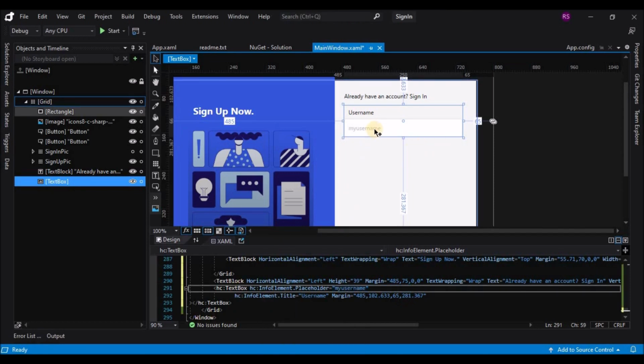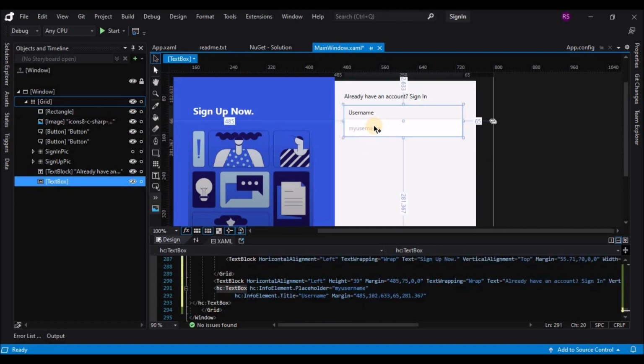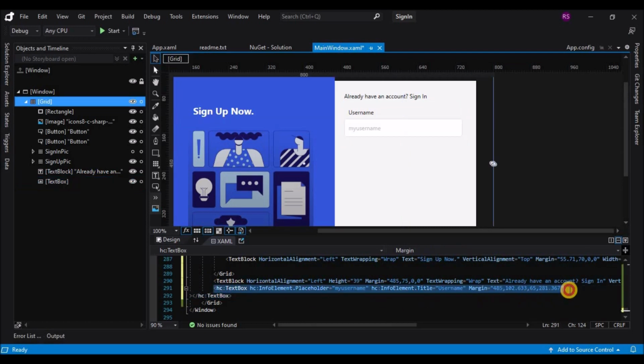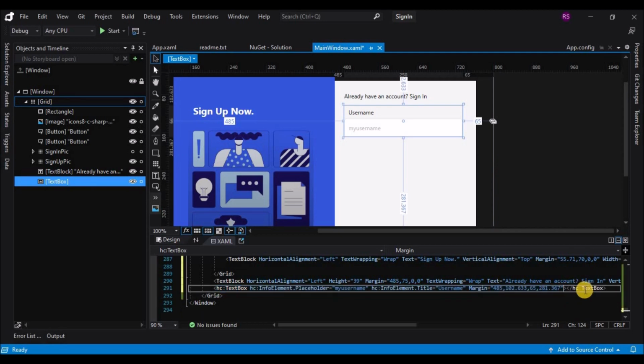Okay, next we'll copy this text box and paste it. Before that, let's remove the spacing that we have. Let's copy this and paste it.